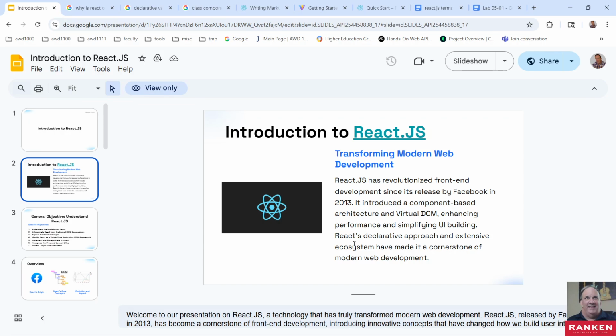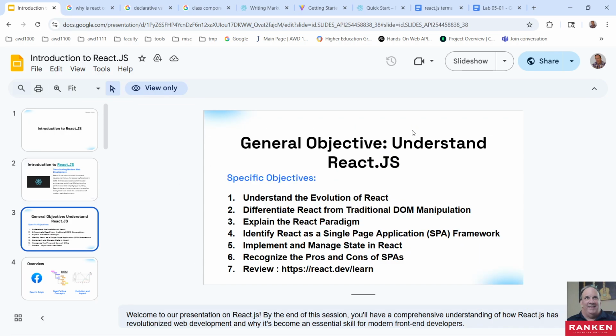Also, React has a declarative approach. We'll talk about that in a little bit. And it has an extensive ecosystem that has made it a cornerstone of modern web development. So the objectives of this lecture: we're going to talk about the evolution of React, differentiate React from traditional DOM manipulation, explain the React paradigm, identify React as a single page applications framework, implement and manage state in React, recognize the pros and cons of single page applications, and